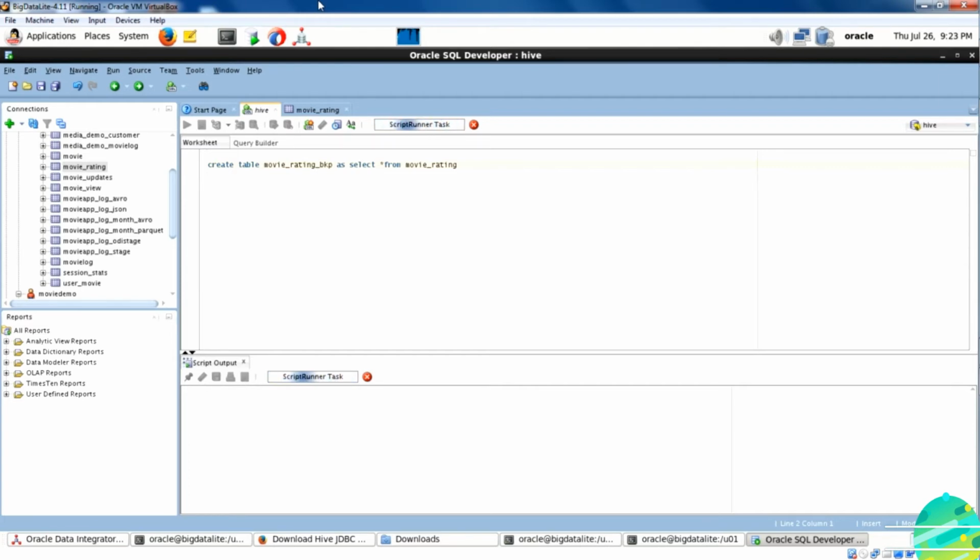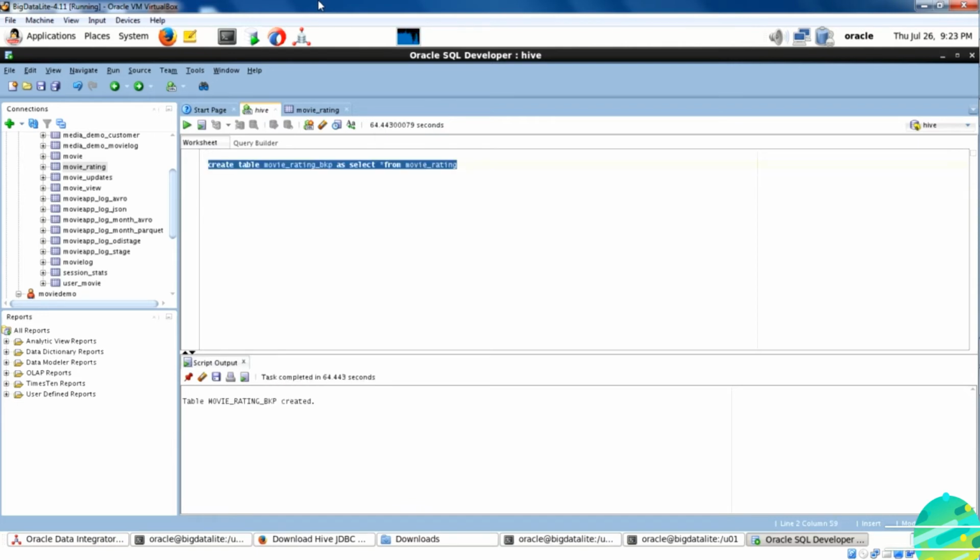The commands are more or less the same. This is going to create a new table, movie_rating_BKP, and it will have the same data as movie rating. Once this table is created, you can truncate the movie rating table and you will repopulate it using the ODI mapping, which you are going to create soon.